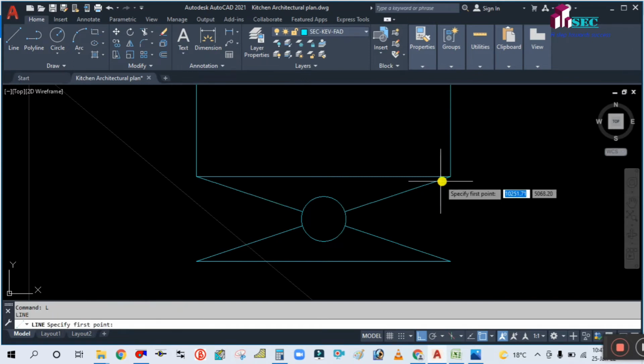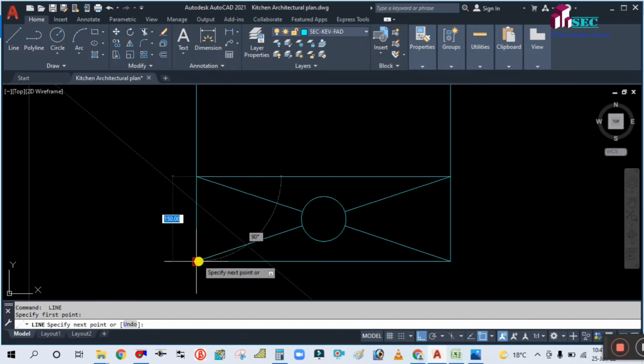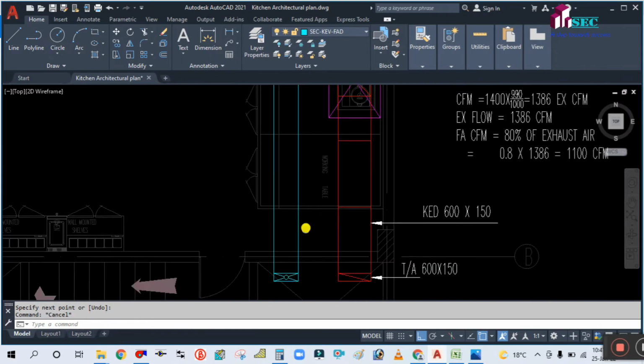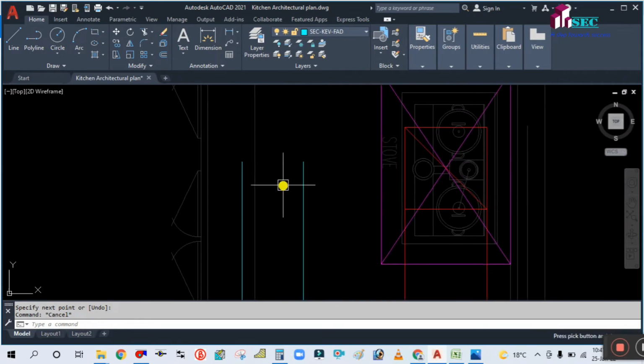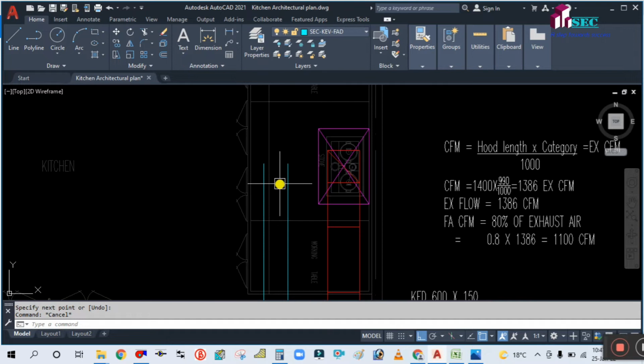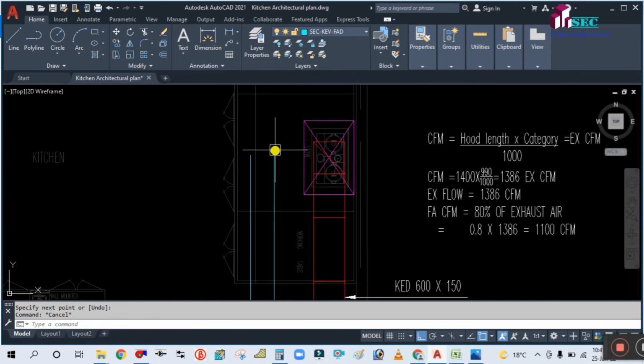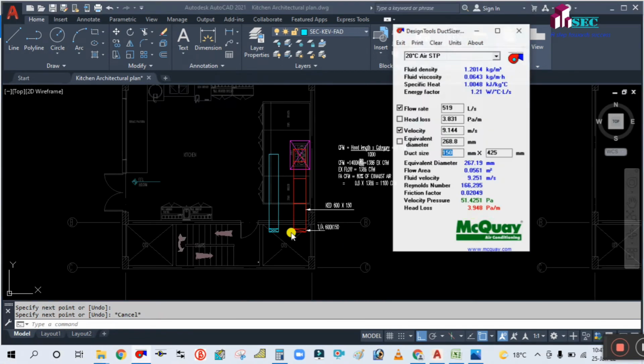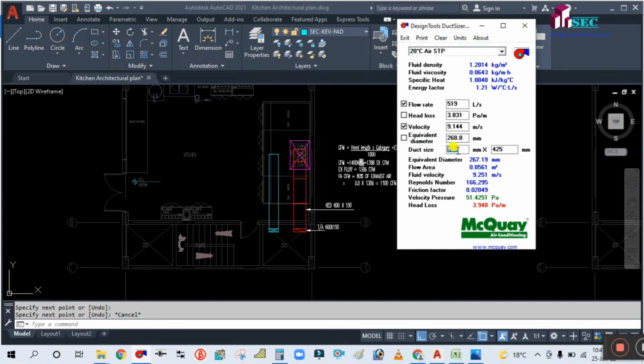Okay, simply take one line from this corner to this corner, one more line from this corner to this corner, okay. And now here you have to put the grill or something, okay. So what I am going to put here, grill, okay. So the width of the duct is nothing but 450. So from the duct size you have to calculate the grill size, okay. So width,